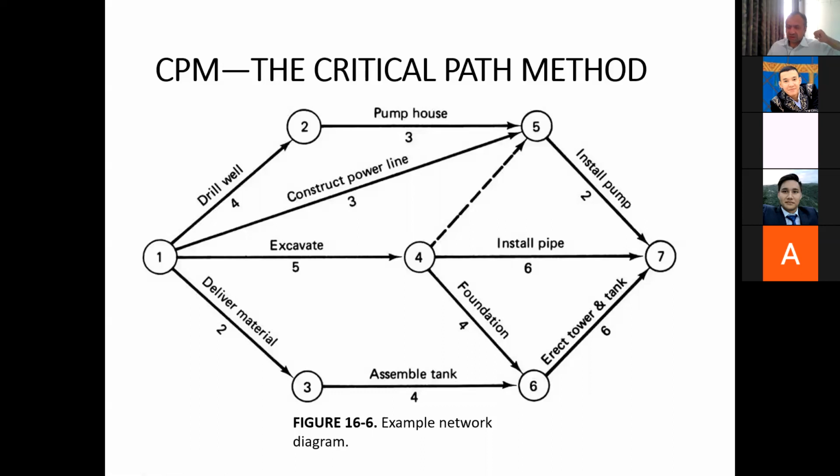Thank you. And there is one more thing about this dummy activity. The use of dummy activity is only to show the logical relationship in the network. Dummy activities have no duration. That's why we did not show any number. But a dummy activity can be identified by 4, 5, for referencing and identification purposes. So 1 and 2, these are the events. Every activity will have a beginning event and an ending event as well.